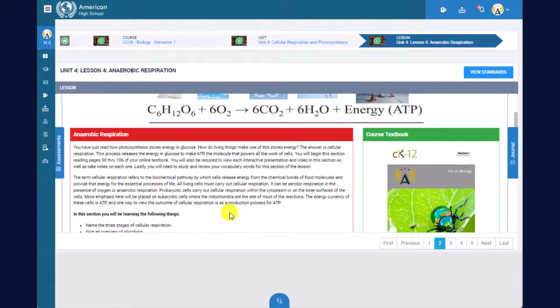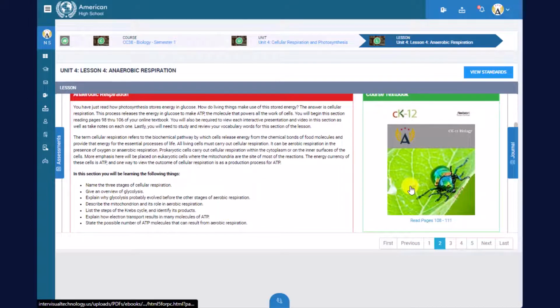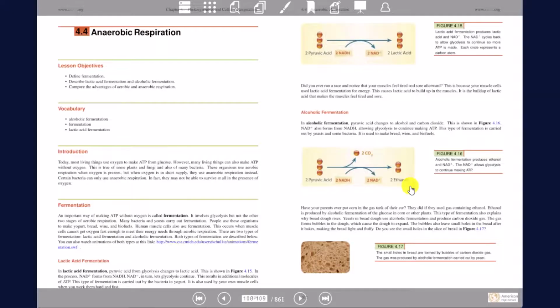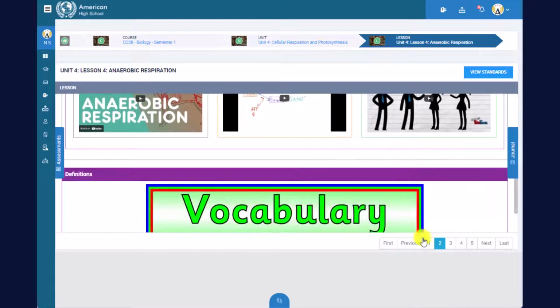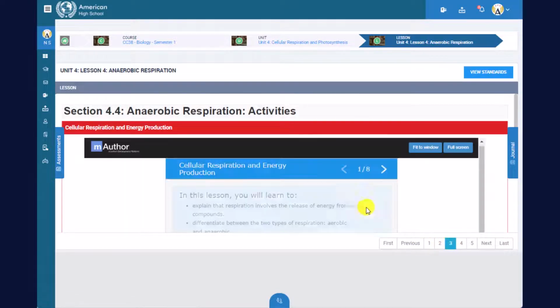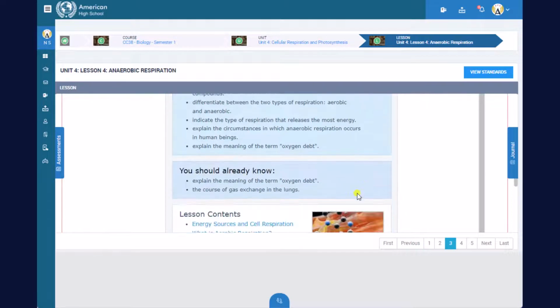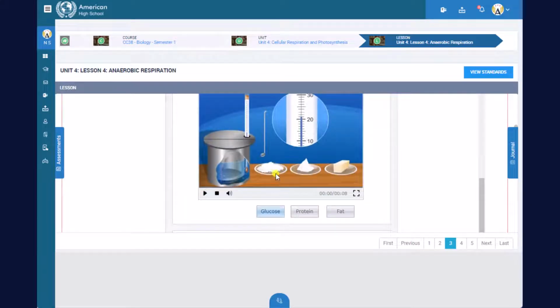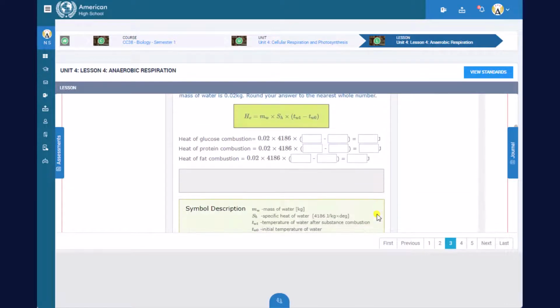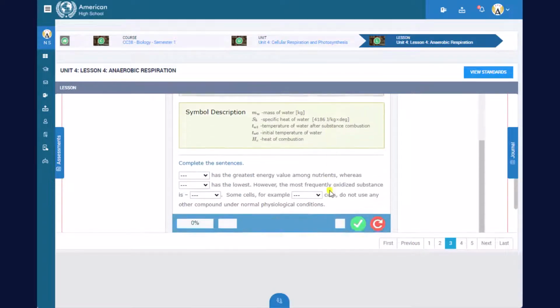Most lessons require for you to read the ebook to prepare yourself for the assessments. Through these lessons, you'll also find interesting activities that will help you understand the lesson better. Sometimes you'll find interactive labs like this one, calculation exercises,